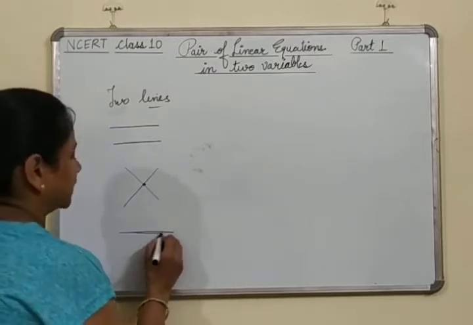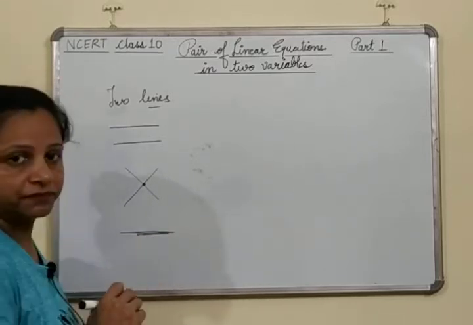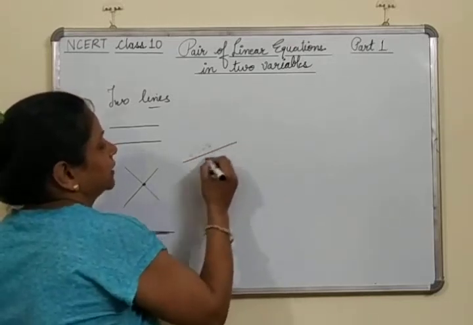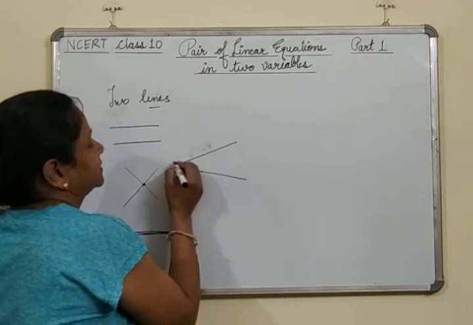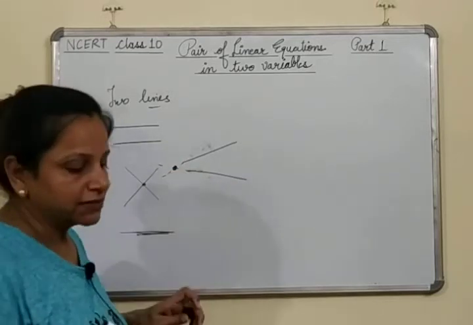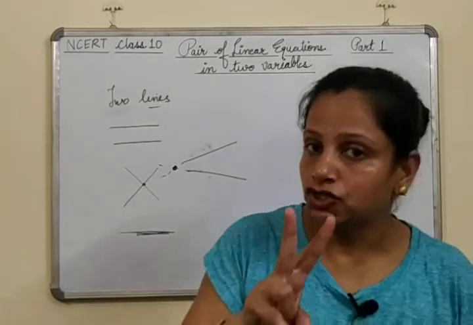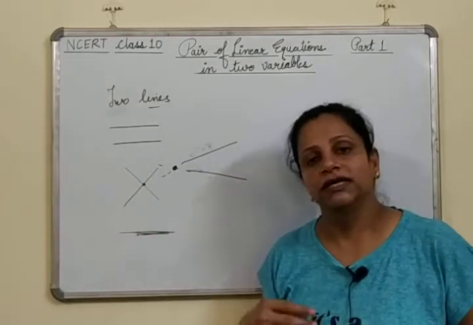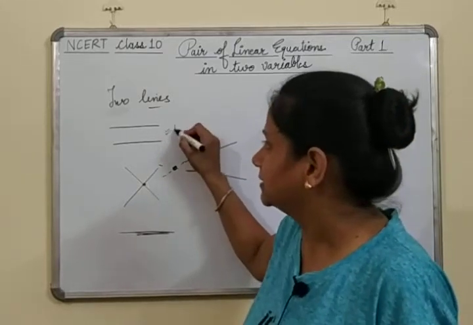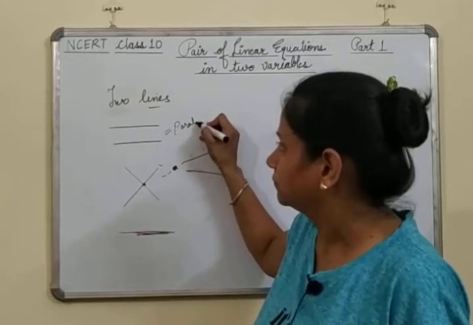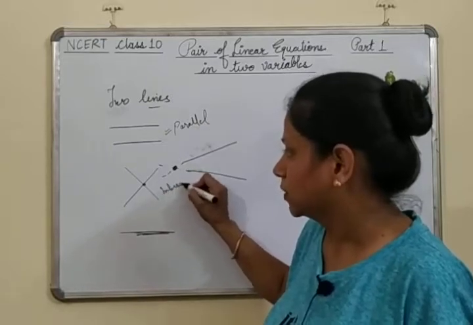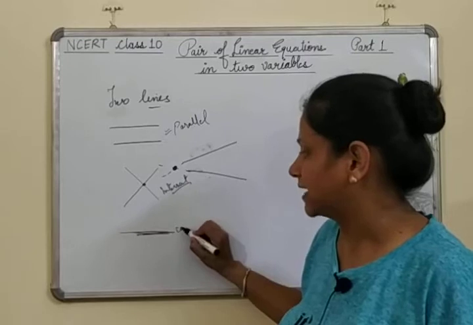मतलब एक लाइन हमारे पास पहले है, हमने उसके ऊपर ही दूसरी लाइन बना दी. Yes? Can there be any other possibility? आप कहेंगे कि ऐसे हो सकती है, एक लाइन ऐसे बना दे और एक लाइन ऐसे बना दे, but still at a point they will meet somewhere. That means when we have any two lines, there are only three possibilities. What are those possibilities? Either the lines are parallel, or they intersect, or they coincide with each other.